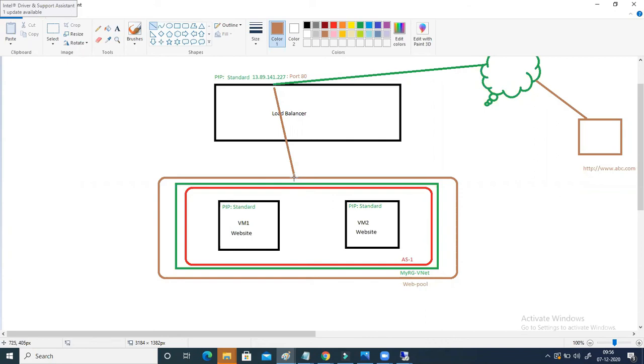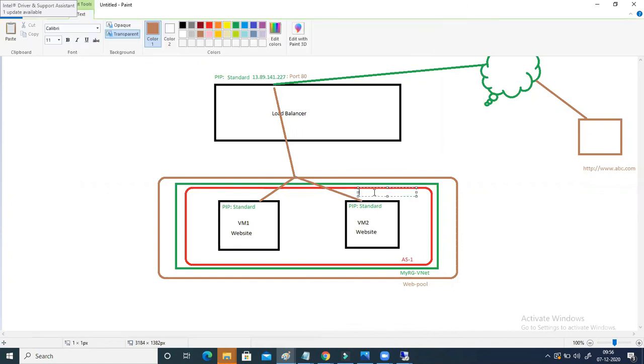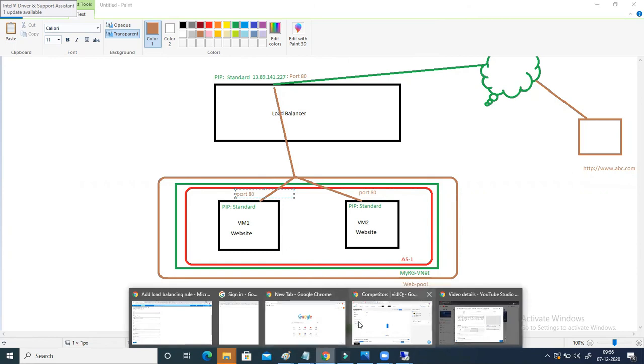And when it tries to communicate with VM1 or VM2 inside this web pool, the communication should go via port 80. On the backend also use port 80. Clear? The same thing is given here as well.